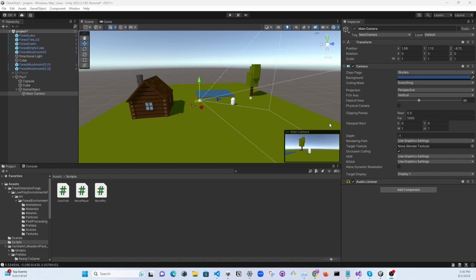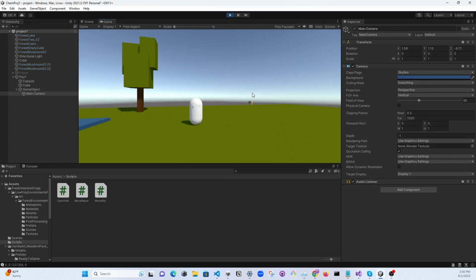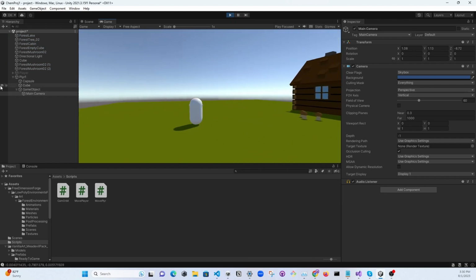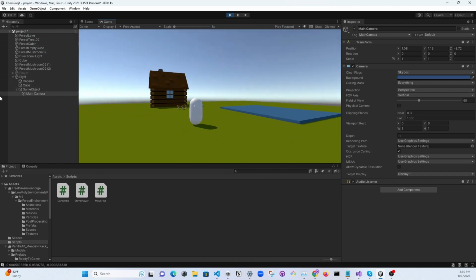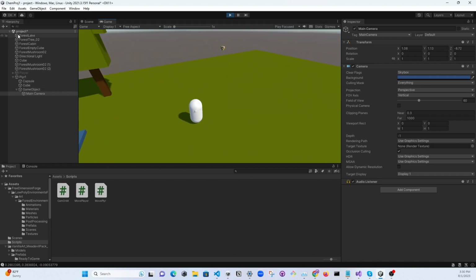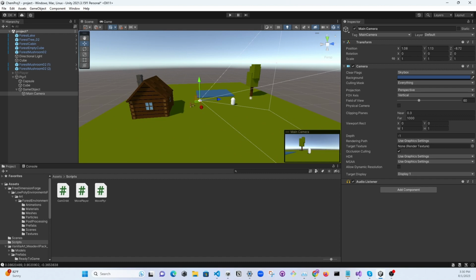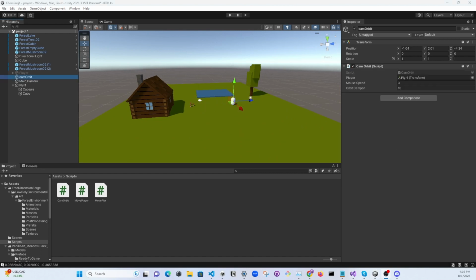What's going on, everybody? Today we're going to learn how to have our camera orbit around our player. So, like you would see in a normal video game, so you can look around, up and down. Awesome. And we can move around too. All right, so let's get started. So, the first thing that we want to do,